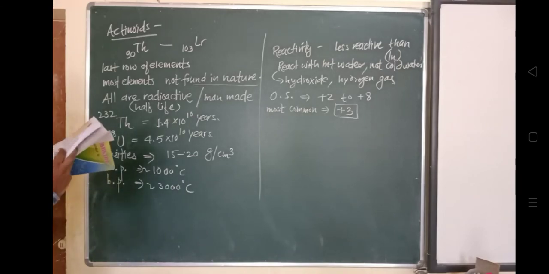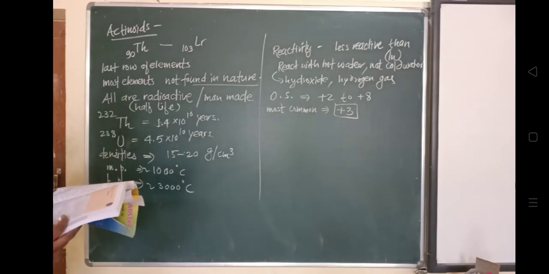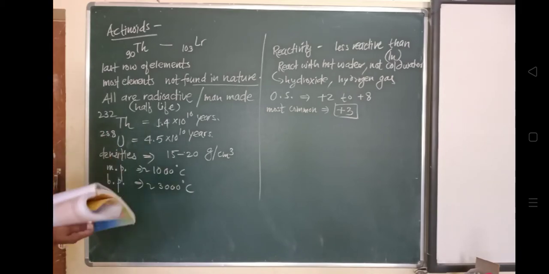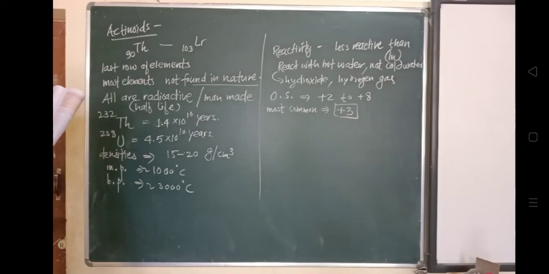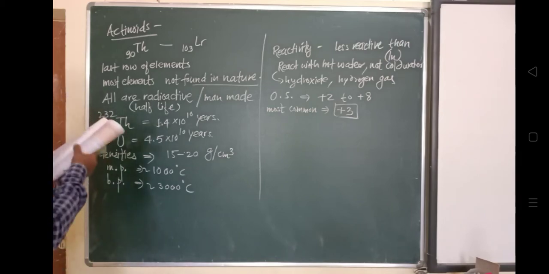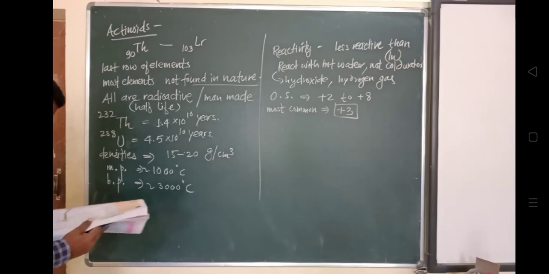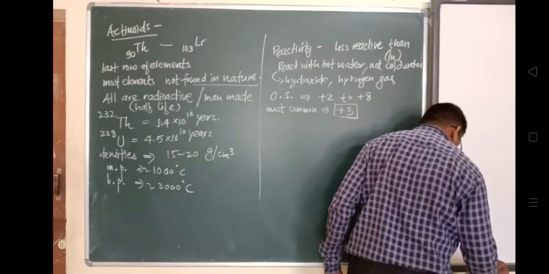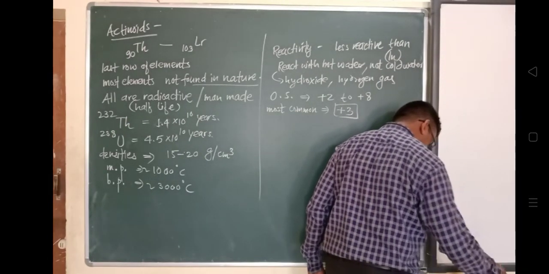You can observe this with the help of the table, figure number 8.7. You observe that it is having mostly +3 as the most common oxidation state for most of the elements. As we have seen, the most common oxidation state of early actinoids reflects the loss of all outer electrons. Protactinium, uranium, and neptunium are showing higher oxidation states. Okay, early elements are showing higher oxidation states.